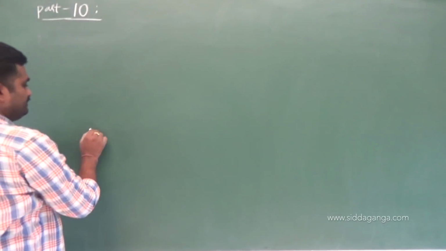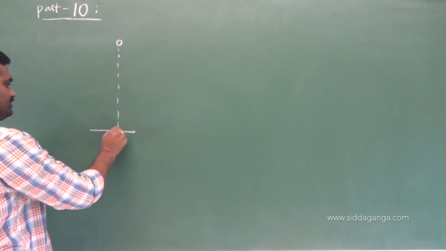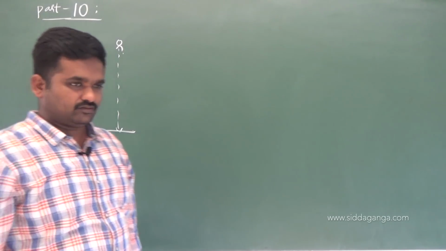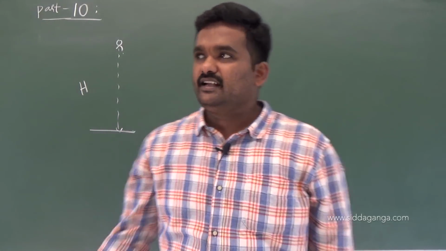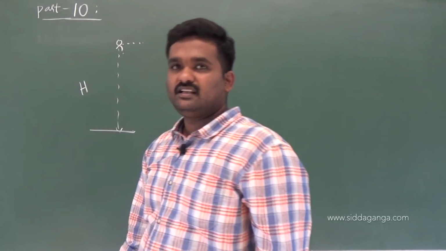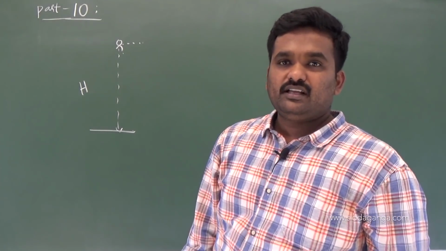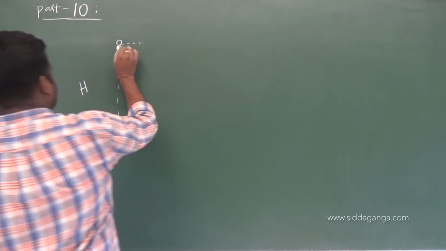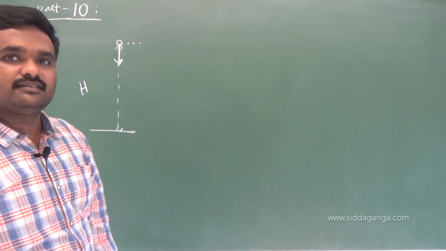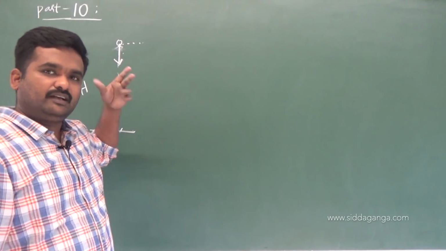Now I have a body, a ball, at a height of h. At what height is the ball? At a height of h. See carefully, go through these points. A body is at a height of h. Now instead of dropping the body, if I throw the body vertically downward, I am going to give it some initial velocity. Dropped means initial velocity is 0. I am not going to mention velocity in a drop again, freely falling we have already studied.